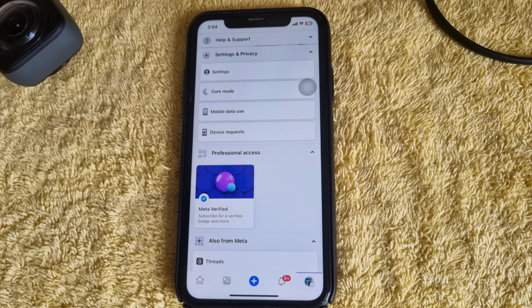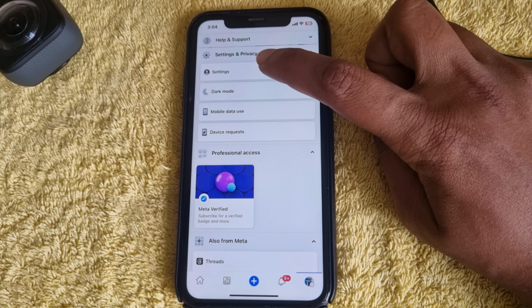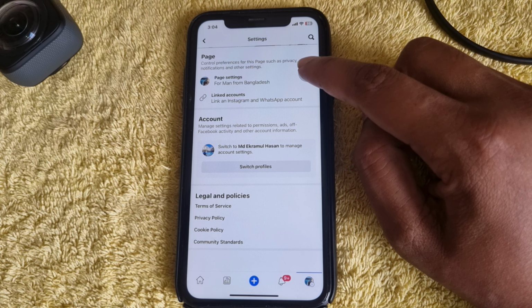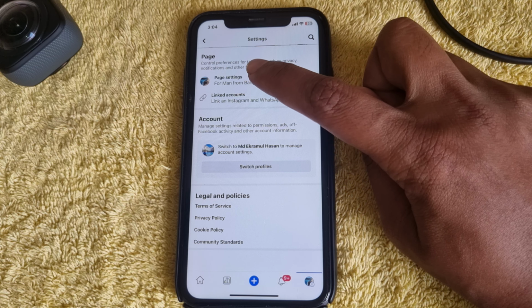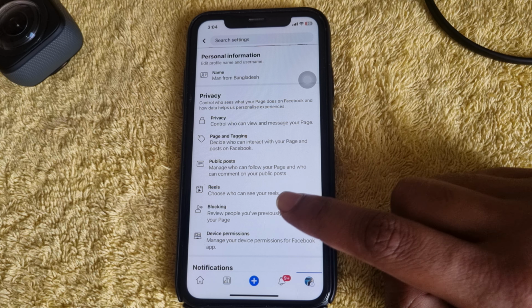Press on it, and then you need to go to settings again. Press on settings, and from here you need to go to page settings. Press on page settings, and then scroll down